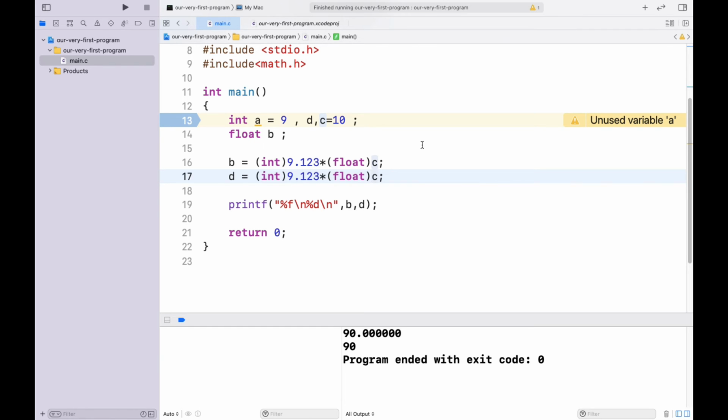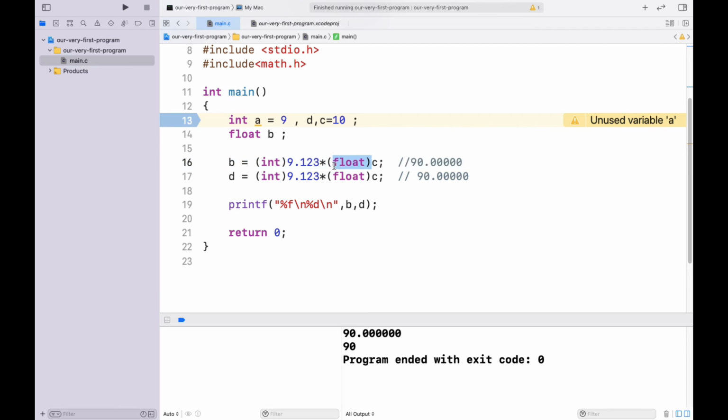Then that 9 is getting multiplied with C, which is a floating point number, and that is the result we are getting here. In both the cases we are getting 90.000, but it cannot be stored in D.